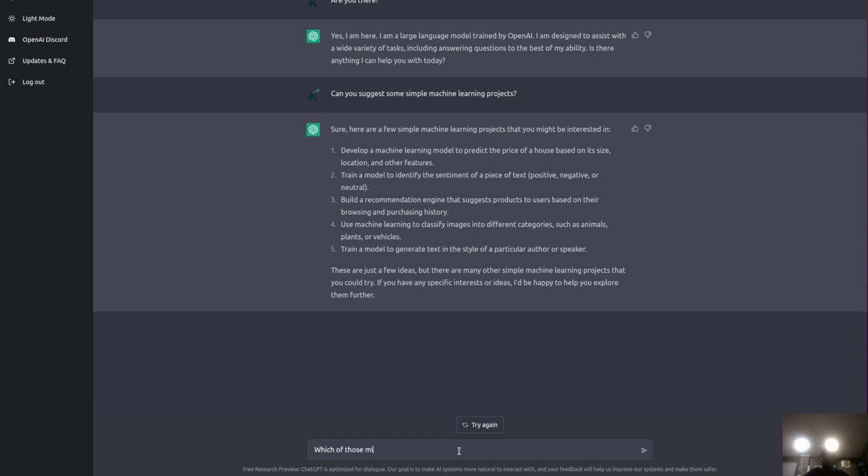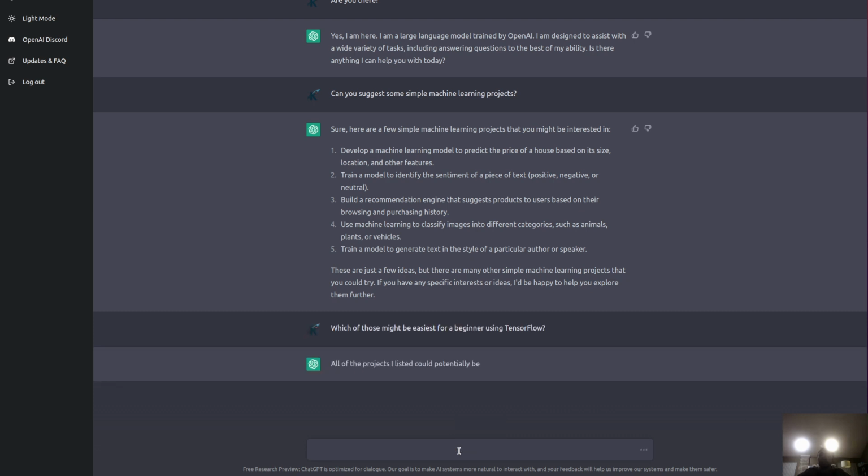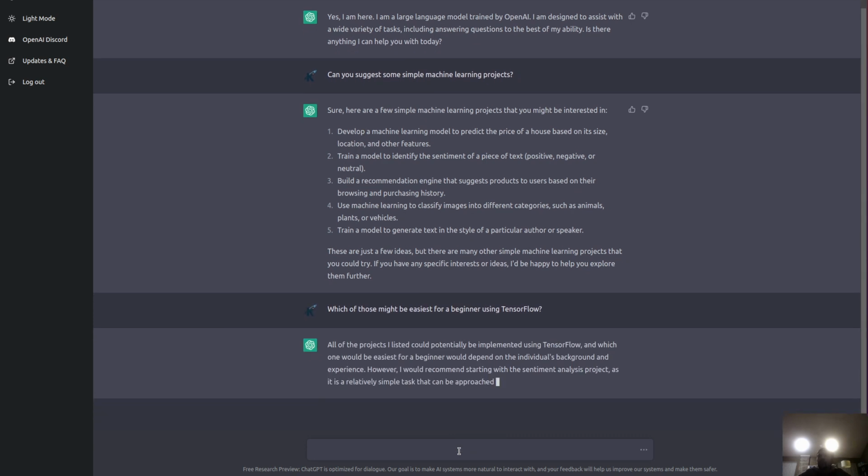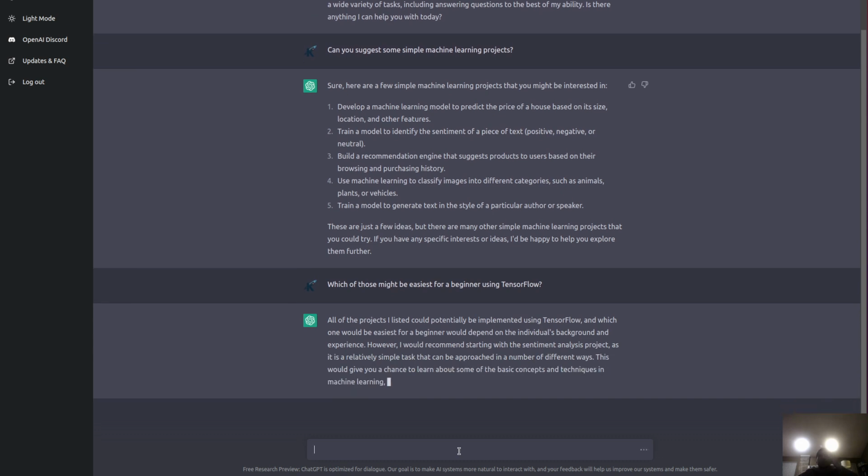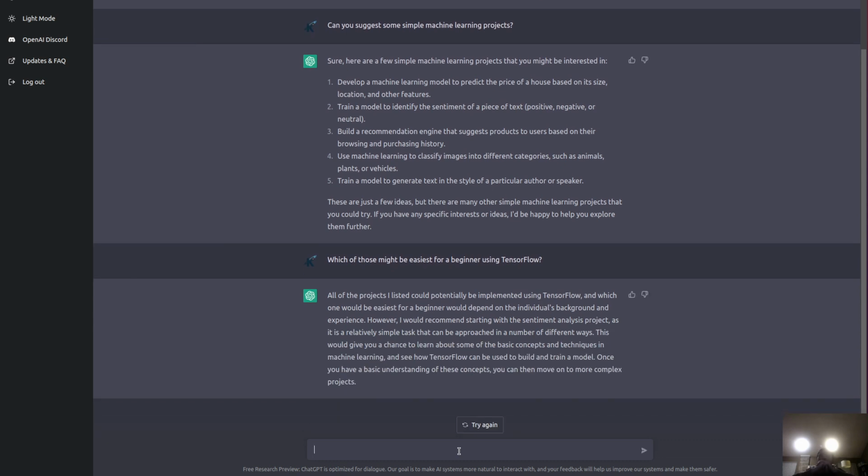Which of those might be easiest for a beginner using TensorFlow? So yeah, it's just responding. That was not quite it, it was doing a better job last time. Can you list some projects in order of how easy they are?